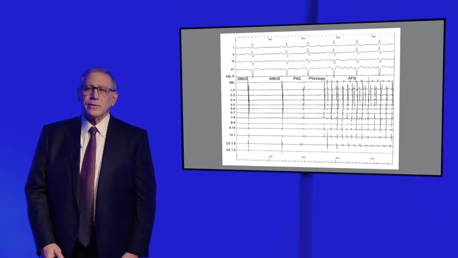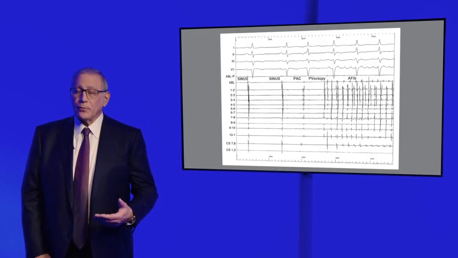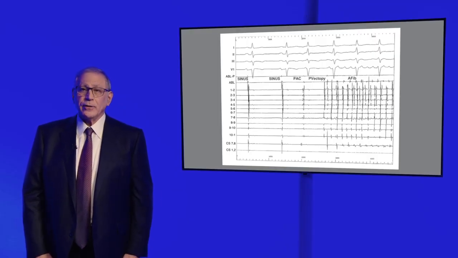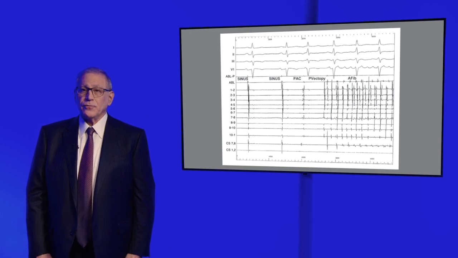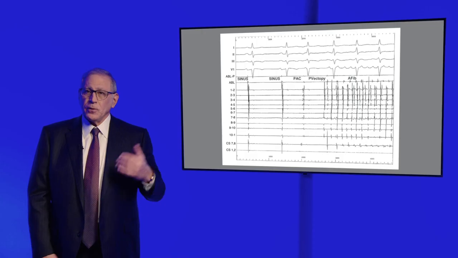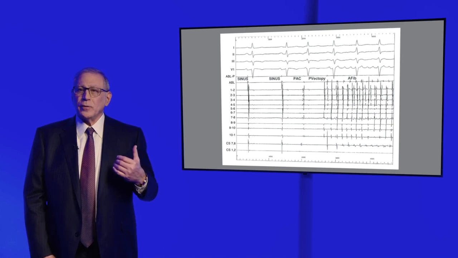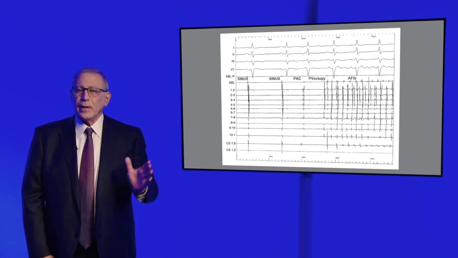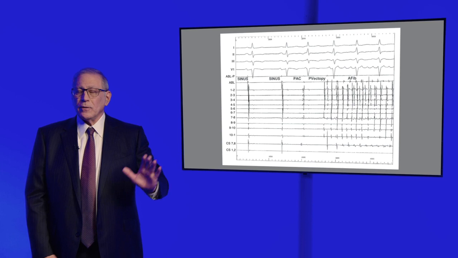Can you show us an example of what this looks like in a patient? Sure, be glad to do that. This was a patient who was undergoing a catheter ablation procedure to try and cure atrial fibrillation in our electrophysiology laboratory. In these situations, we place several catheters inside the heart, especially in the top chamber of the heart. You can see that the normal sinus rhythm on the left-hand side of this figure shows no abnormal electrical activity